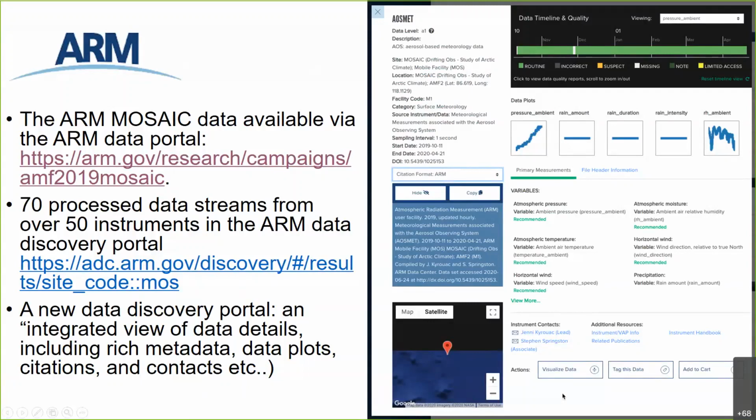There are 70 processed data streams from over 50 instruments available in their data discovery portal. Here is a link again, and ARM released a new data discovery portal, which provides an integrated view of data details. It contains metadata, data plots, citations, and contacts to researchers.